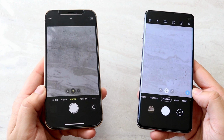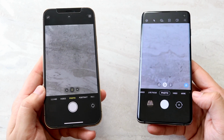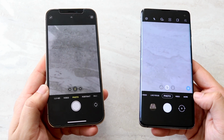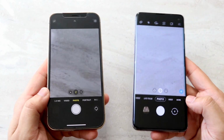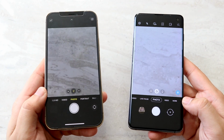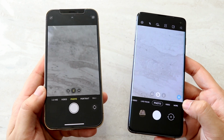And I've actually already done and filmed a full camera comparison between these two. I don't know when that's dropping, but whenever it does, I guess we'll go from there. But you can do 4K at 60 on the front cameras as well. And already you can see quite a bit of difference in how both cameras interpret colors. It's the exact same colors on both, but you can see the Galaxy S10 overbrights the photos, which